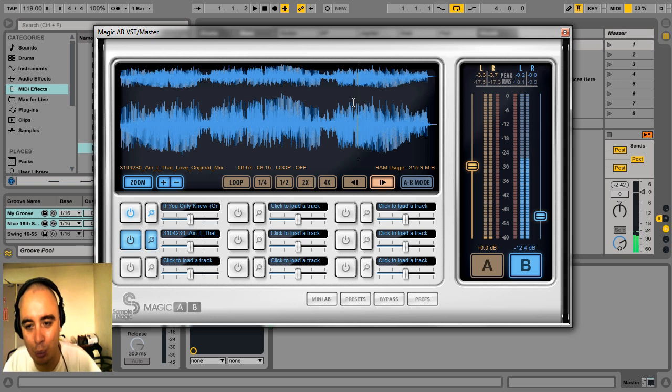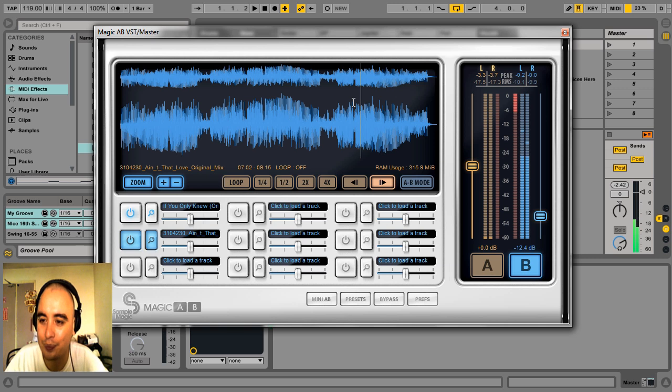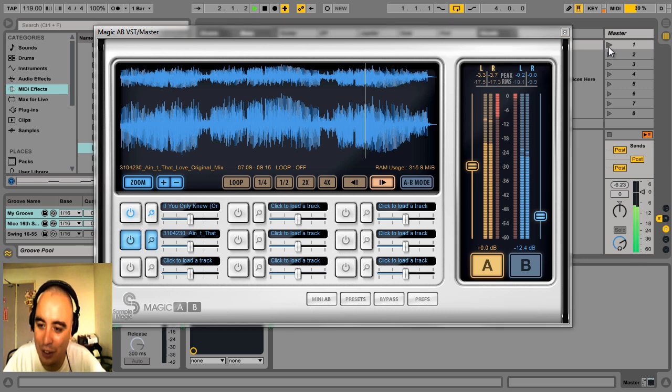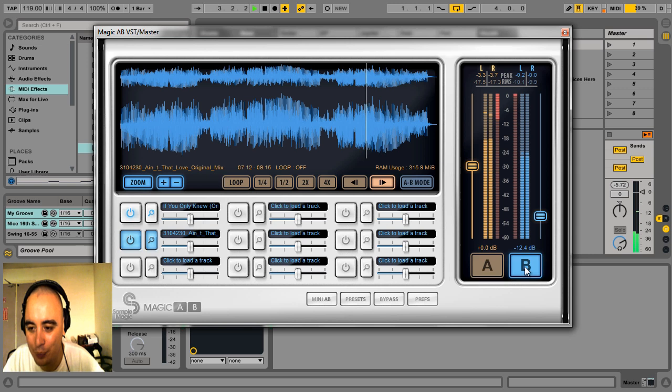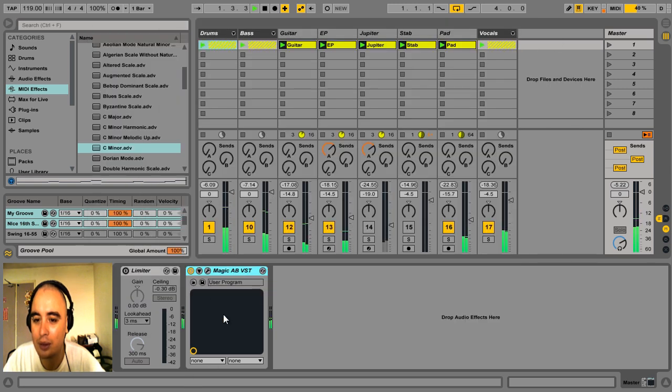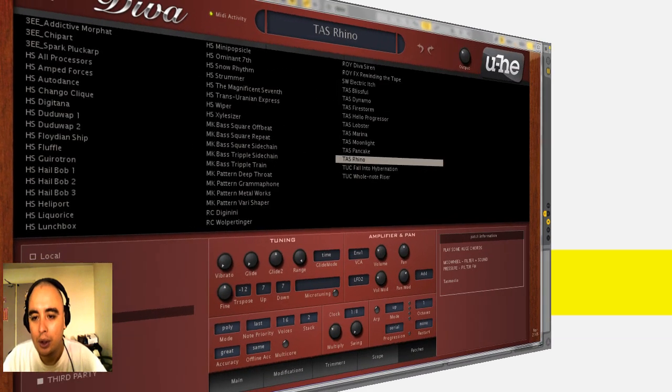Yeah, these tracks are really simple. It's just a case of adding little flourishes, I think. So I'm using this Magic AB by Sample Magic to reference. As the name implies, you can AB other tracks against your own. So we're not a million miles off where we are at the moment. Right. So